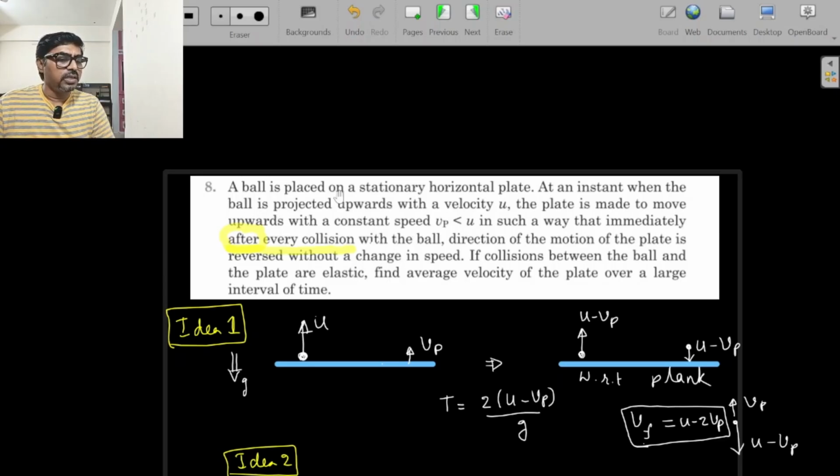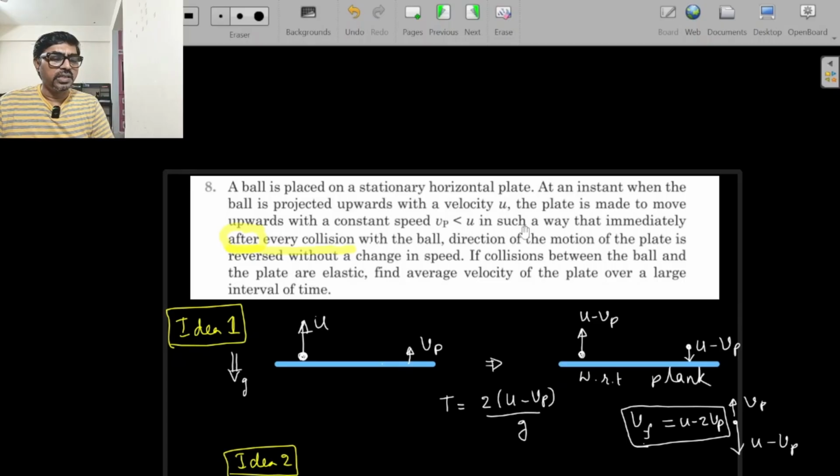A ball is placed on a stationary horizontal plate. So this is a horizontal plate. At an instant when the ball is projected upwards with a velocity u, so at one instant the particle is projected. At the same instant, the plate is made to move upwards with a constant speed Vp less than u, so smaller velocity,